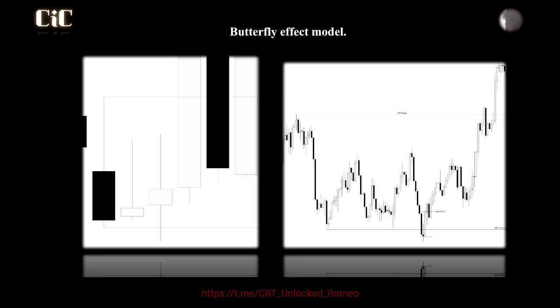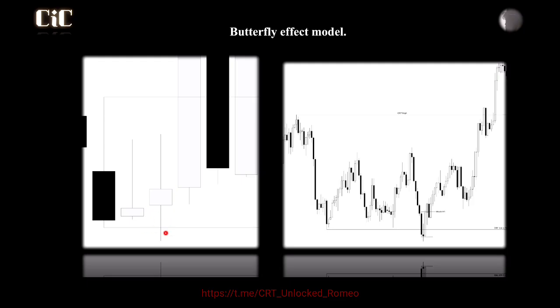Here's a higher time frame CRT candle, right? CRT high, low, type. That's the homework. What type of CRT is this? CRT high, low, rally. When you see a CRT on the higher time frame, then you can safely assume that the lower time frame has a model number 1 without looking, right? So ignore this. Just look at this. I can tell you straight away that there is a model number 1